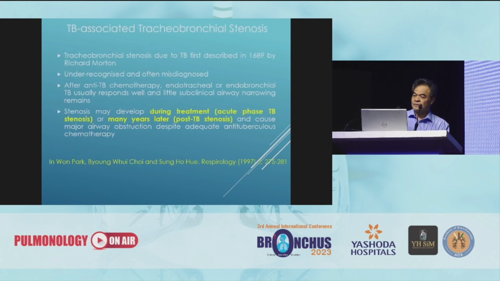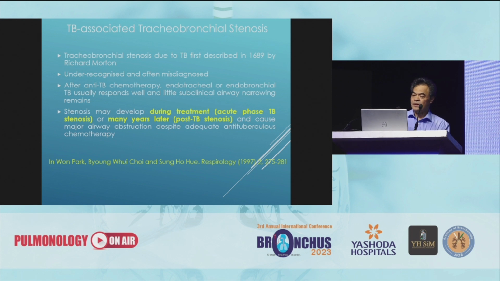Tracheobronchial stenosis, or TB stenosis due to TB, was first described in 1689 by Richard Morton, and it tends to be under-recognized and often misdiagnosed as asthma,